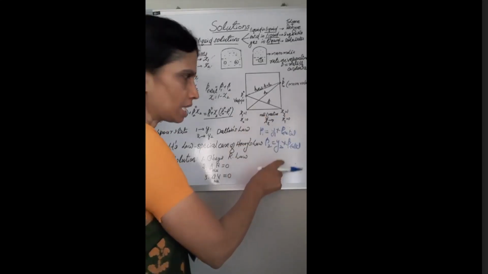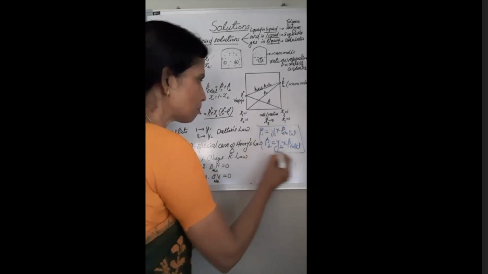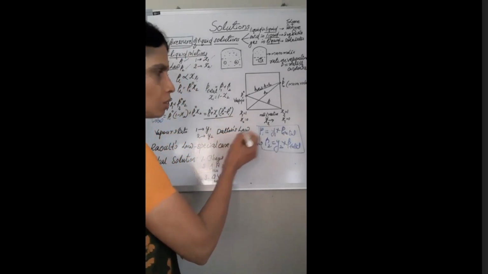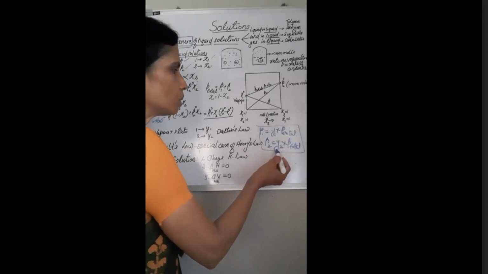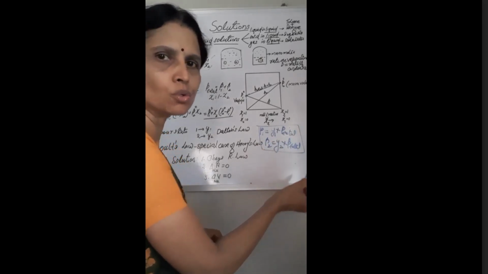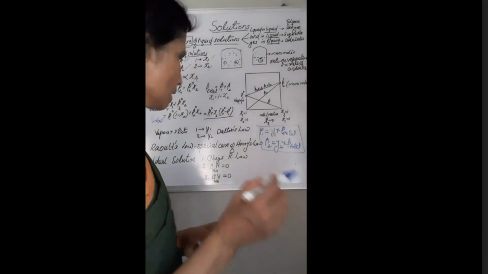If we know these two, we can find the composition of these two components in the vapor state using this relationship based on Dalton's law, and that is P1 equals Y1 into P total and P2 is equal to Y2 into P total. And then if we consider again Raoult's law and Henry's law, if we compare these two, we find